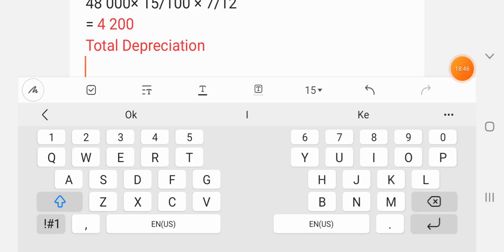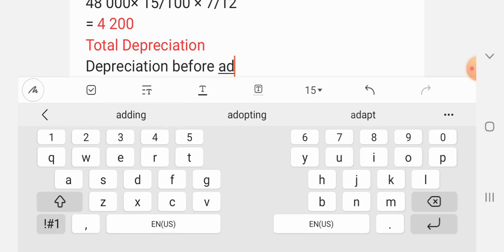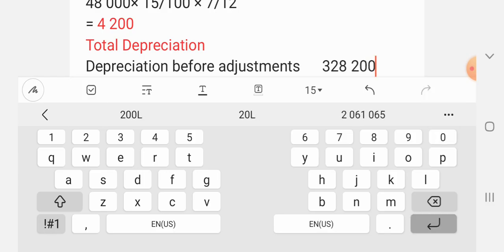So we'll have depreciation before adjustments, which was calculated as 328,200, and then